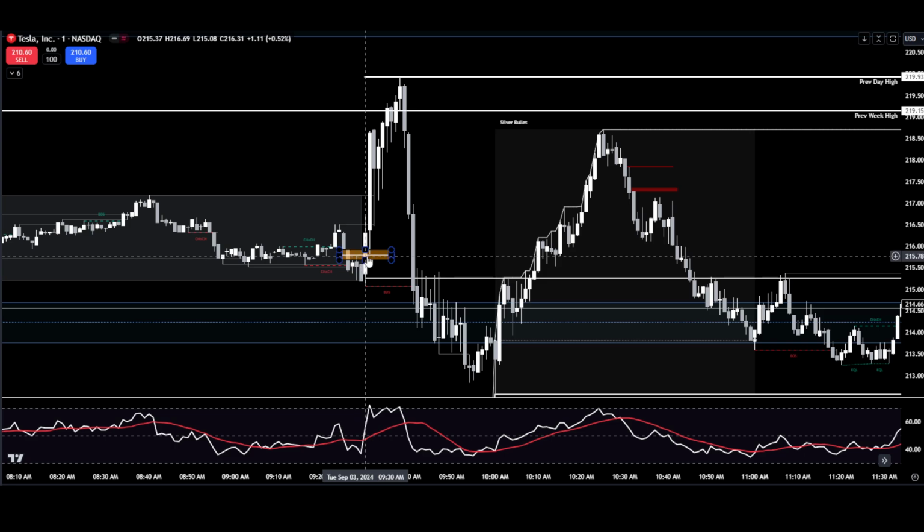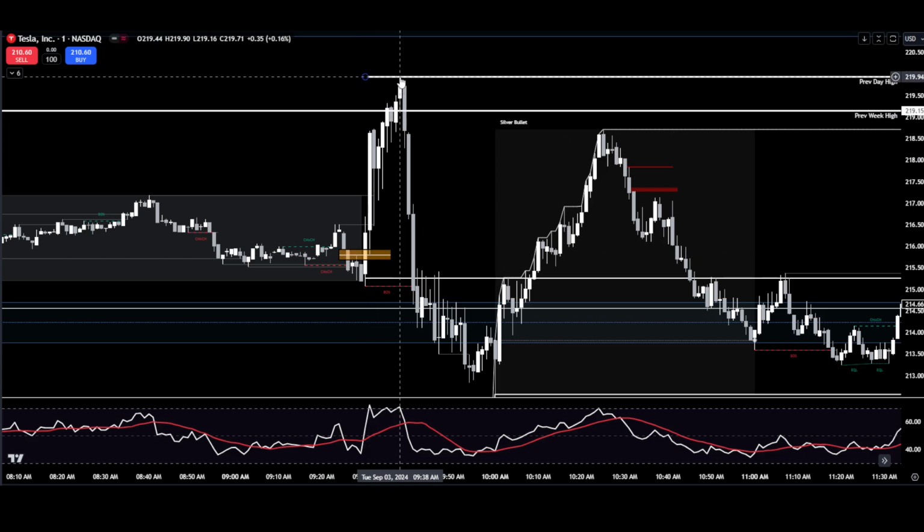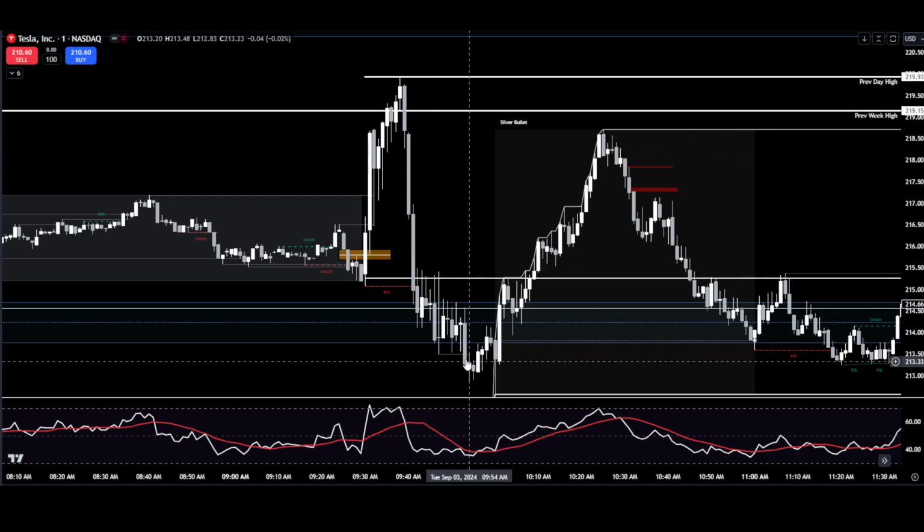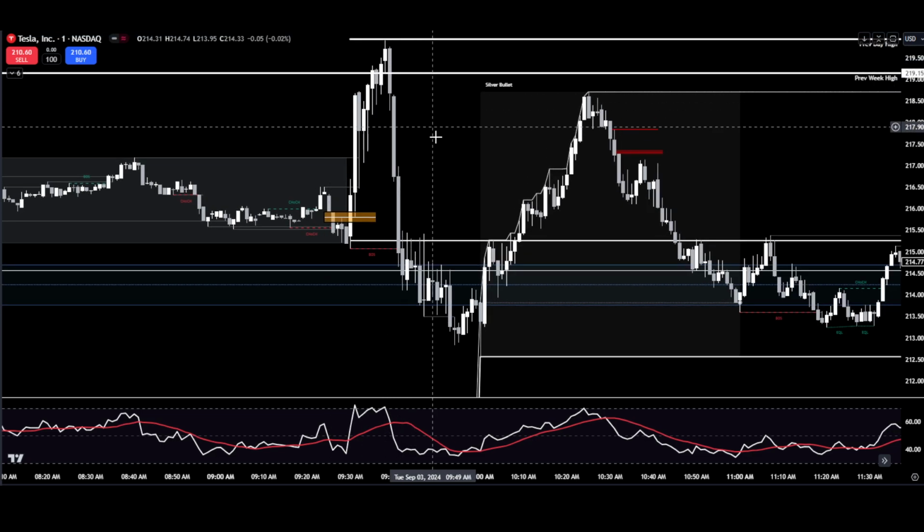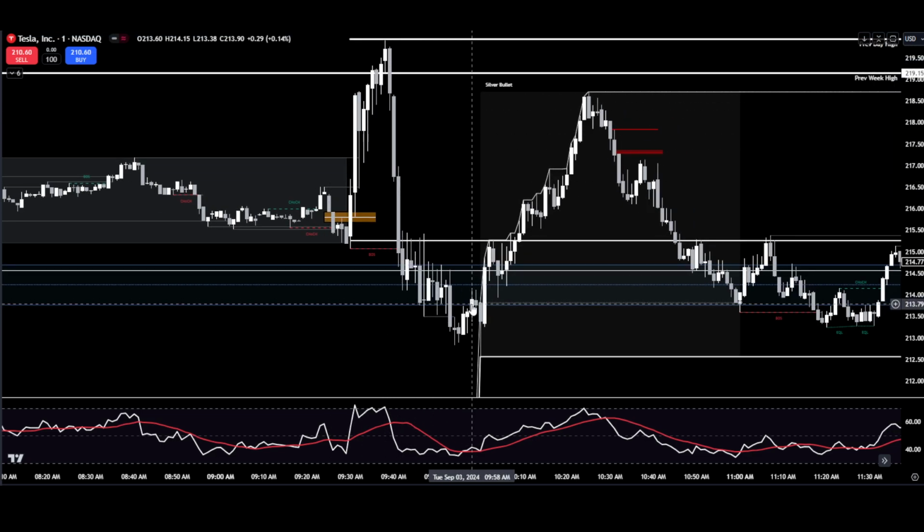If you caught it, great. Nice sniper move there, right? You get this nice rip up. We were in some swings from the weekend that we closed out for a nice profit, right? And then you get this massive sell-off right out of the gate, right? And this is all in the first 30 minutes of trading. And